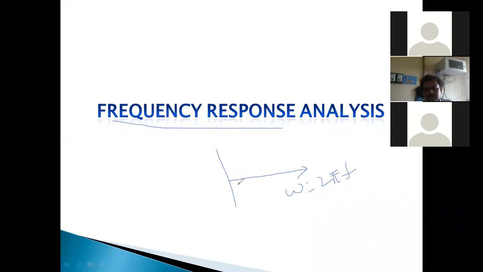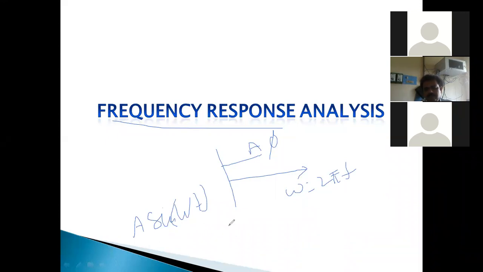Okay. So with respect to frequency, we have to find out its magnitude and also the phase angle. Frequency response analysis, if we observe the sinusoidal inputs, if this is the sinusoidal input, there is a great advantage of sinusoids. We can generate sinusoid very easily.